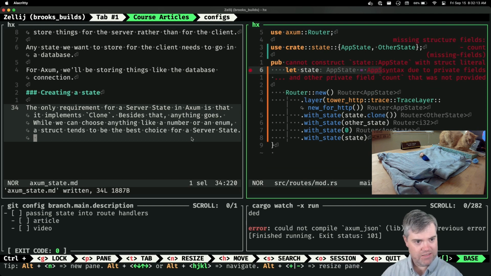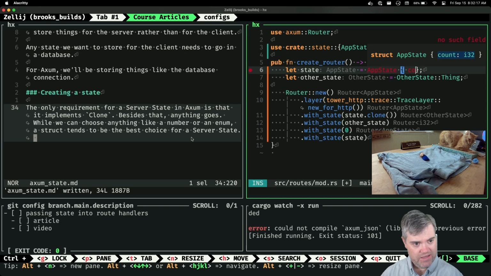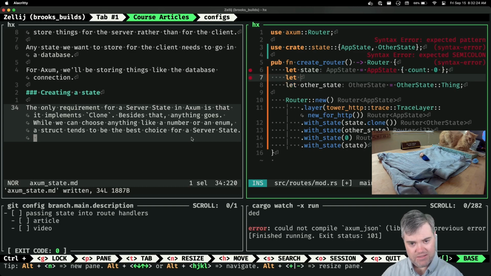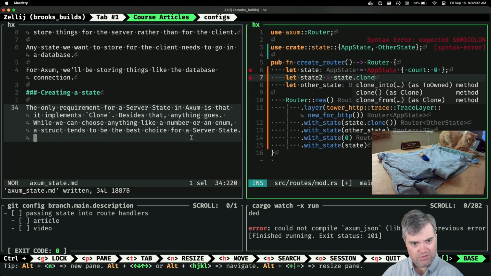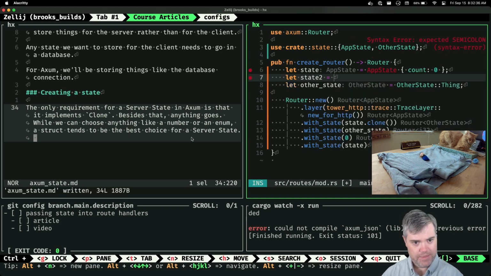So state: we have count, we're gonna start you with 0. Then I want to do let state2 equal to state.clone. Actually, I'll just do another one. App state, count will be 55.